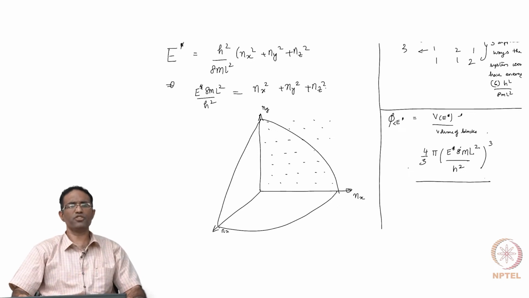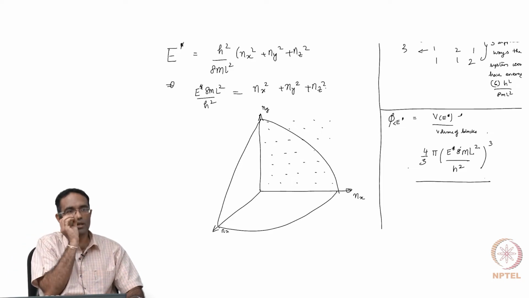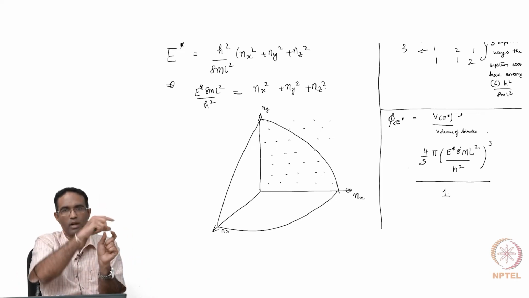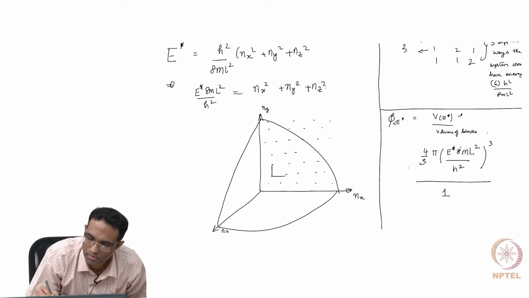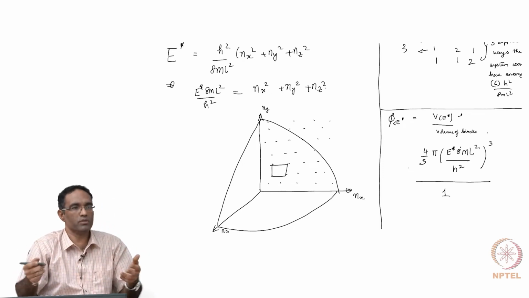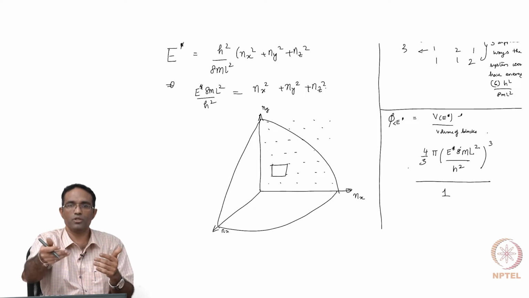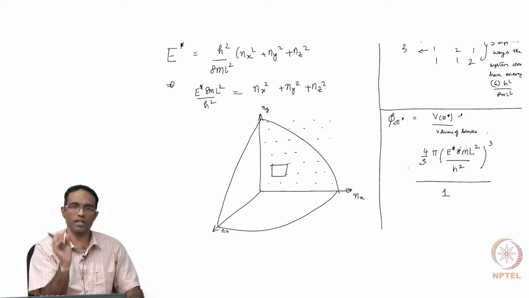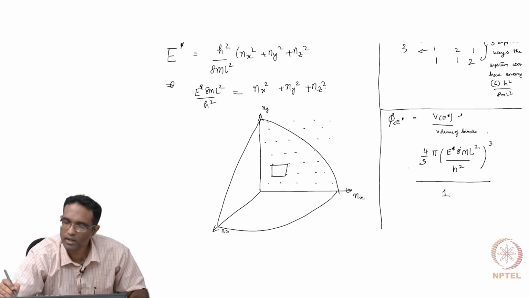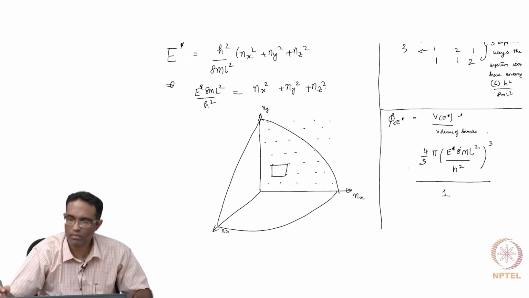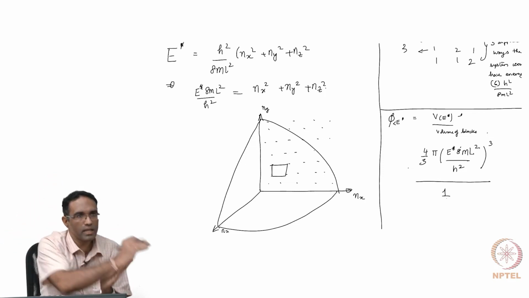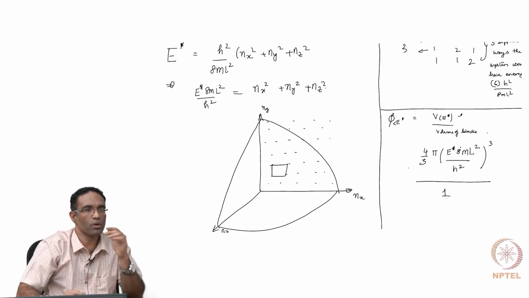And if I have an extremely large number of points, then the error that I would be committing in dividing this by 1, where 1 is the volume of one block, is small. Because all these numbers are increasing only by 1, in the nx direction it's 1, in the ny direction it's 1, in the nz direction it's 1. So the minimum volume element comprising this sphere is 1 by 1 by 1. If I divide the total volume by 1, I would essentially get the total number of points which have energy less than E star. Yes or no?